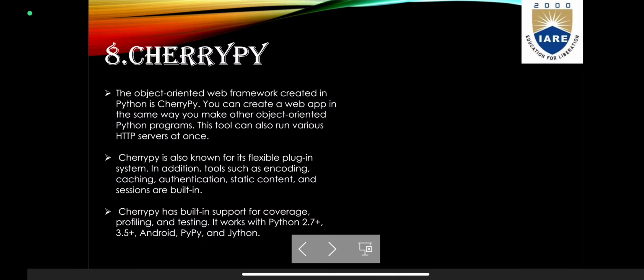And the last one is CherryPy, the object oriented web framework created in Python. You can create a web application in the same way you can make other object oriented Python programs. This tool can also run various HTTP servers at once. It is also known for its flexible plugin system. In addition, tools such as encoding, caching,